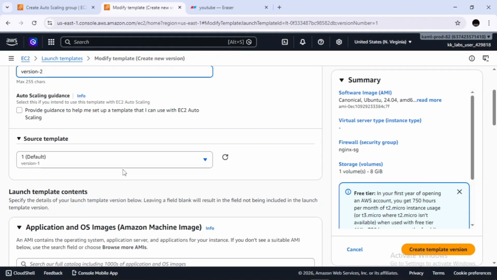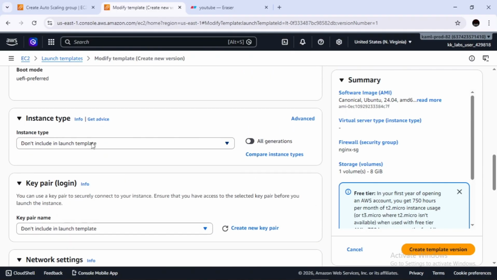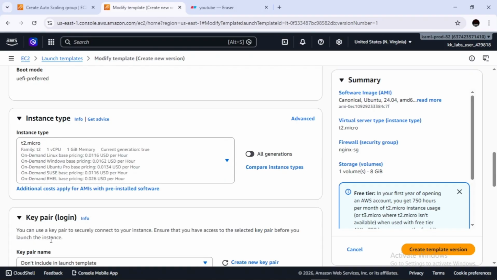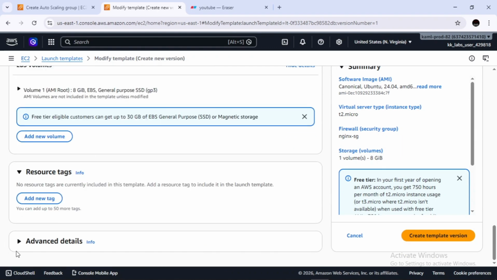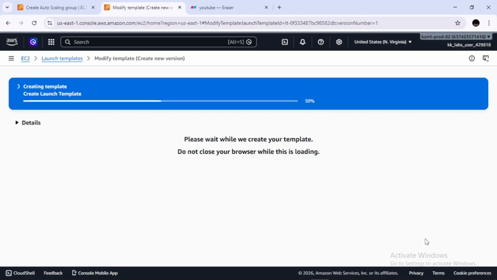Here I will only include the instance type which is T2.micro, which is enough for an Nginx page. And let's verify the user data script if it appears. Yes, it is. Create template version.